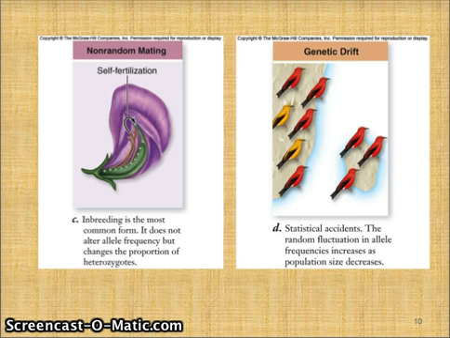If your population is small, then genetic drift can have a very strong impact because you don't have very many individuals to start with. If your population is very, very large, then genetic drift may not be as detrimental to your population. In this case, there aren't a more fit set of genes. These are just the lucky genes, the birds that just happen to be in the right place at the right time, for example, on my slide. Genetic drift can cause big losses of variation within the population.